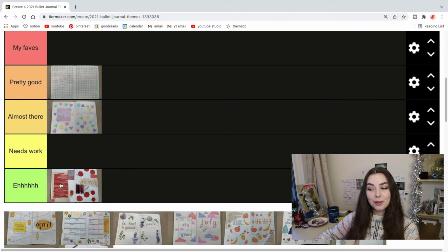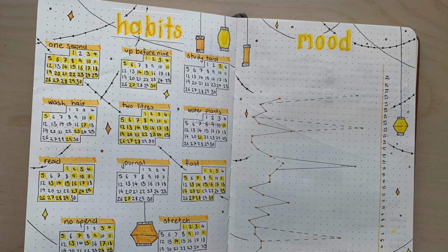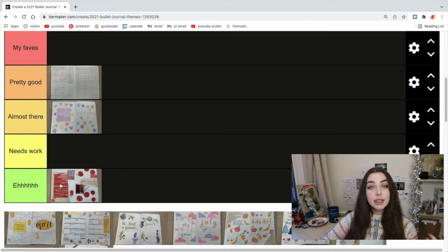Now on to April. April is a yellow lights and string lanterns theme, and I adore this theme. It is a really fun color scheme. It's monochromatic in the sense it's all yellow, but it's far enough apart, unlike the red theme, where you can see there's a darker yellow, a lighter yellow, a really pastel yellow. I think that works perfectly. It is really fun, but